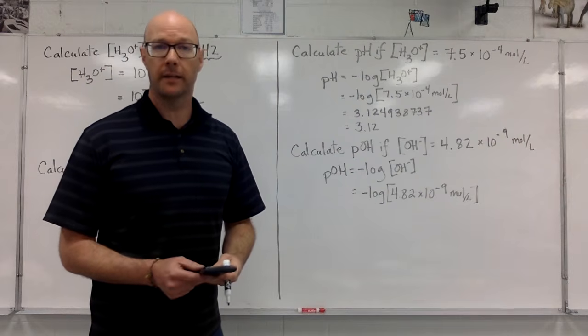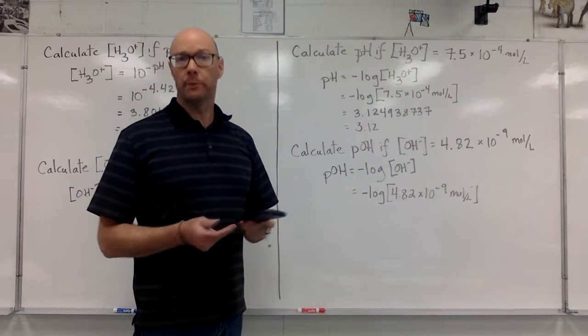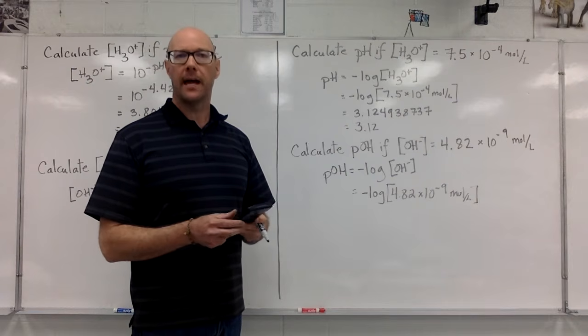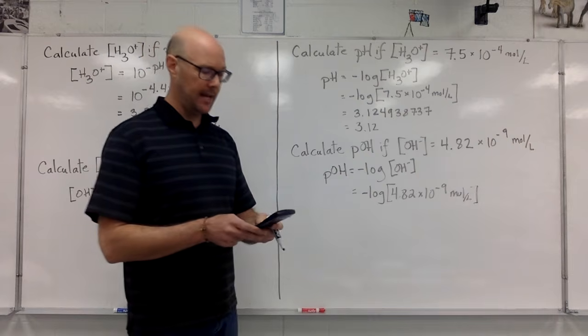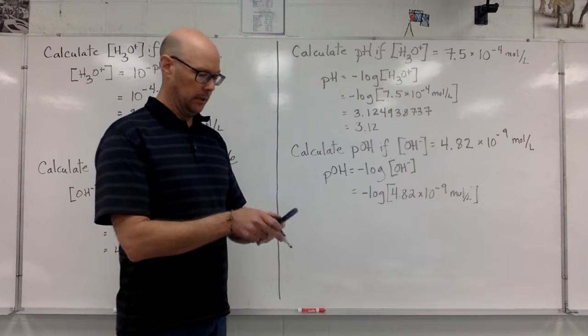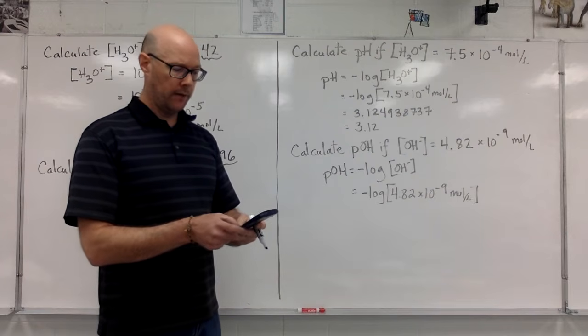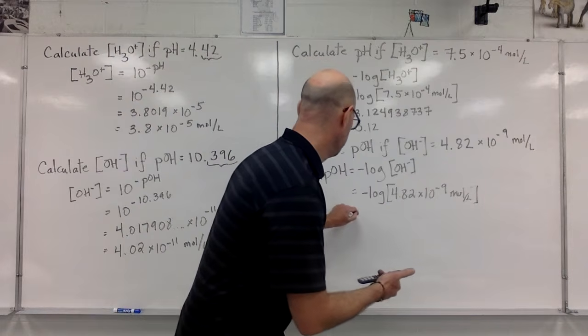I'm going to type that into my calculator. Again, I have this expectation that the answer should work out between 1 and 14. If I don't get that, maybe I missed a negative or I entered it incorrectly. It's the negative log of 4.82 times 10 to the power of negative 9. Here we get